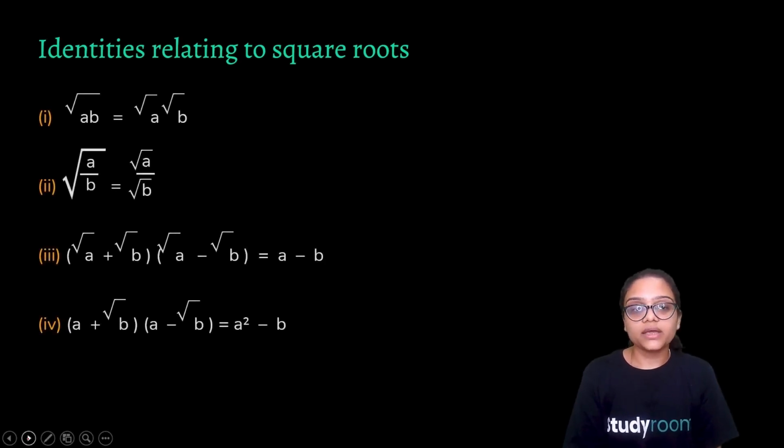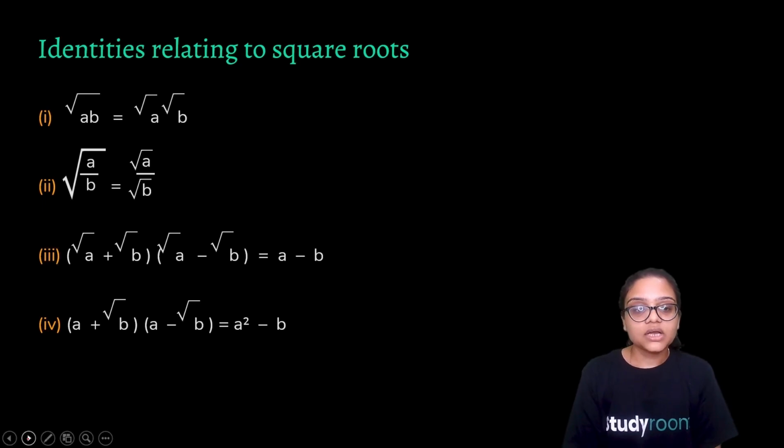Okay, so root ab is equal to root a times root b. We have done this with 15, where we broke it down into 5 and 3. In a similar way, it's a rule. And if a rational number is under a root, we can take the numerator and denominator separately.